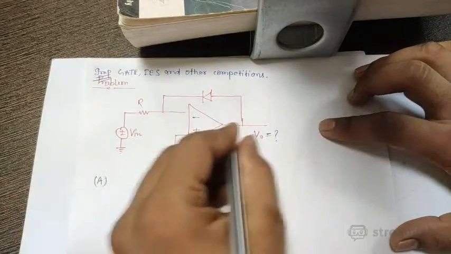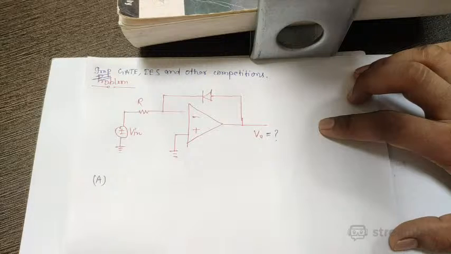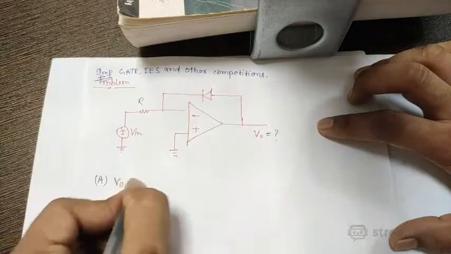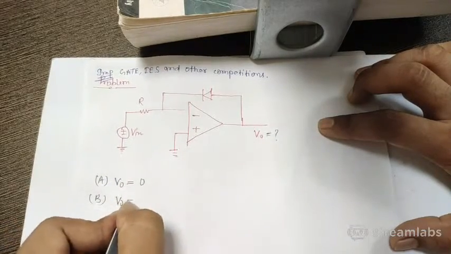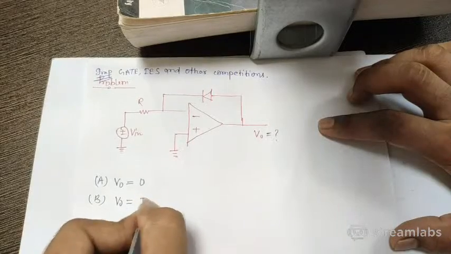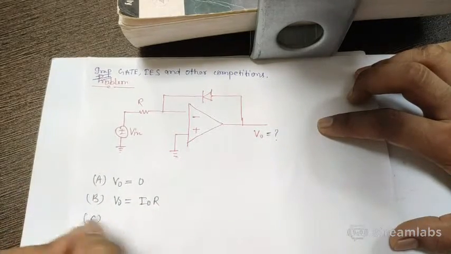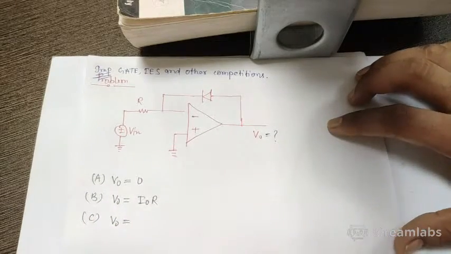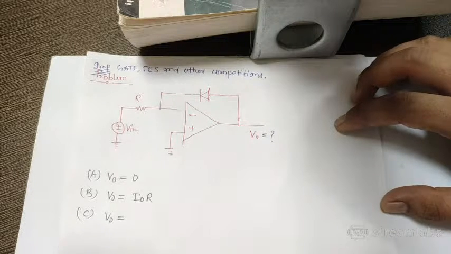Options आपको मिल जाएंगे ऐसे। एक ऑप्शन में आपको मिल जाएगा कि आउटपुट वोल्टेज जो है वो 0 होगा। दूसरे ऑप्शन में आपको मिल जाएगा आउटपुट वोल्टेज रेजिस्टेंस करंट की मल्टीप्लिकेशन के इक्वल होगा। तीसरा ऑप्शन आपको मिल जाएगा V_0 will be equal to जो अभी हमने फाइंड आउट किया, वैसा ऑप्शन भी मिल जाएगा।